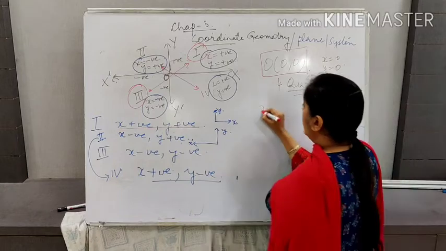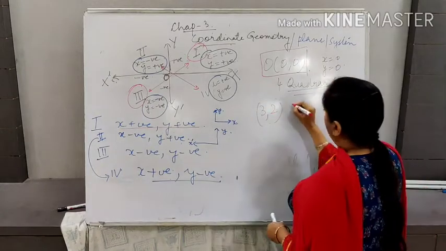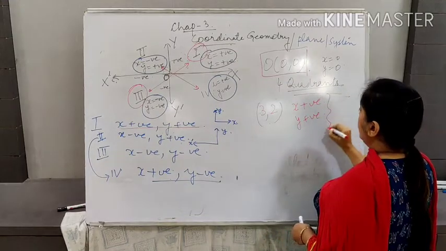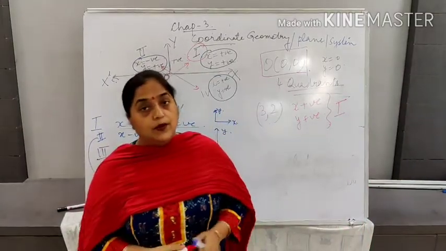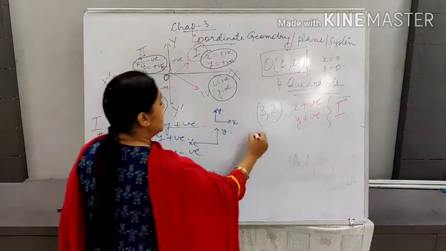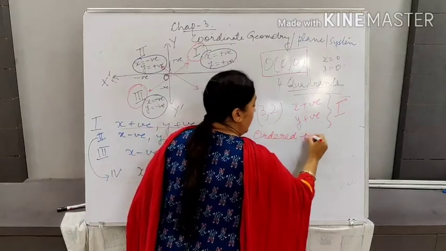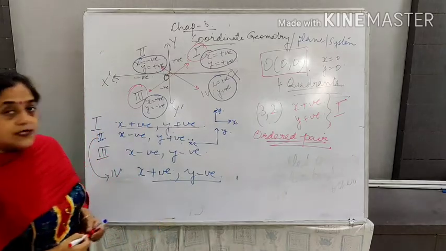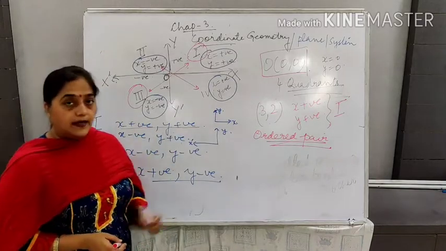When I am talking about, earlier I spoke about 3, 2. 3, 2 का क्या मतलब था? X positive and Y positive. So which quadrant it will lie? It will lie in first quadrant. Got it? 3, 2. We are writing the x point and the y point together. So that is why earlier also I told you this is called ordered pair. What is it called? Ordered pair. I hope this point is clear to you about plotting of the points. I will just take up the next point.